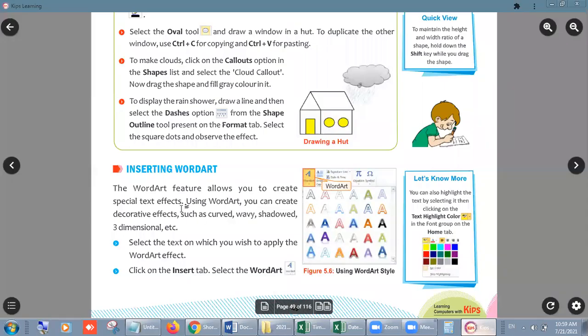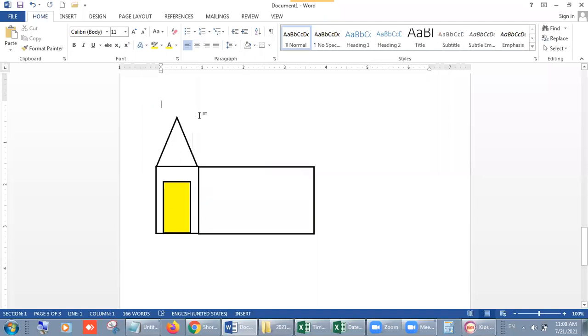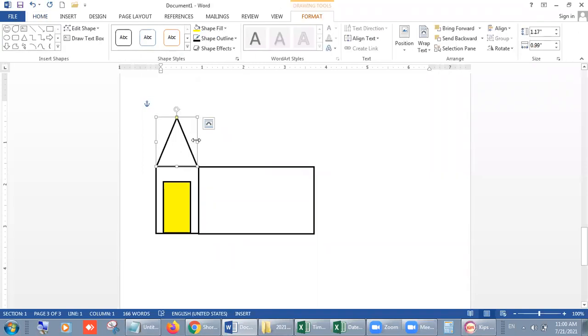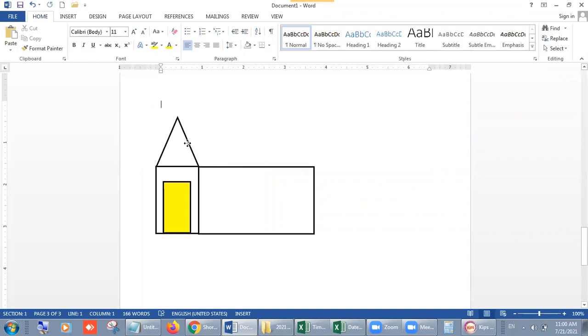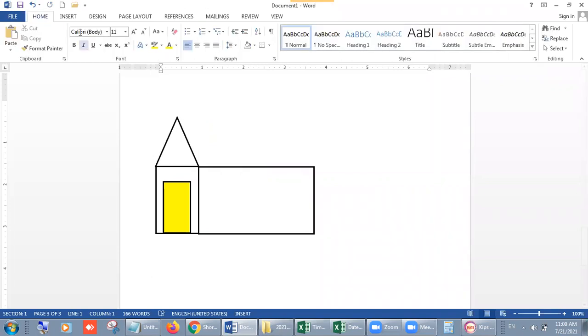We have to fill this shape with yellow color. This is yellow color. Now we need one line.